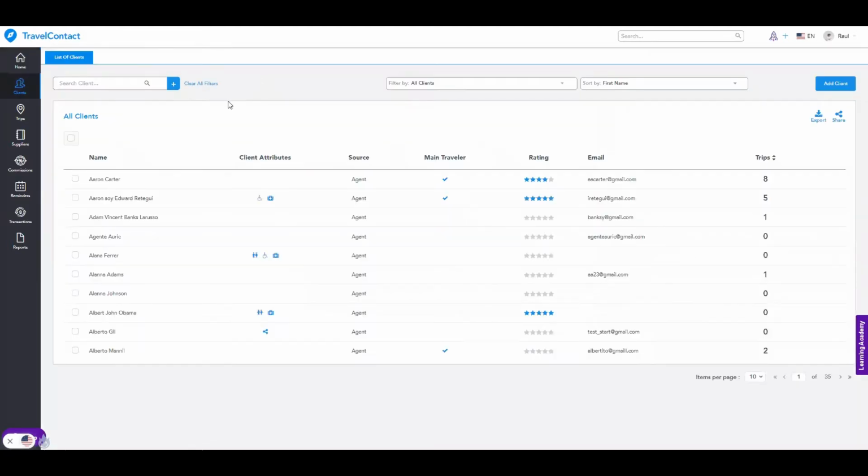In our clients module is basically where you'll keep all the information on your client. It's going to be your entire client database. You can add as much information as you might want or need. One of the differences that TravelContact has with the rest of the platforms and with a lot of services out